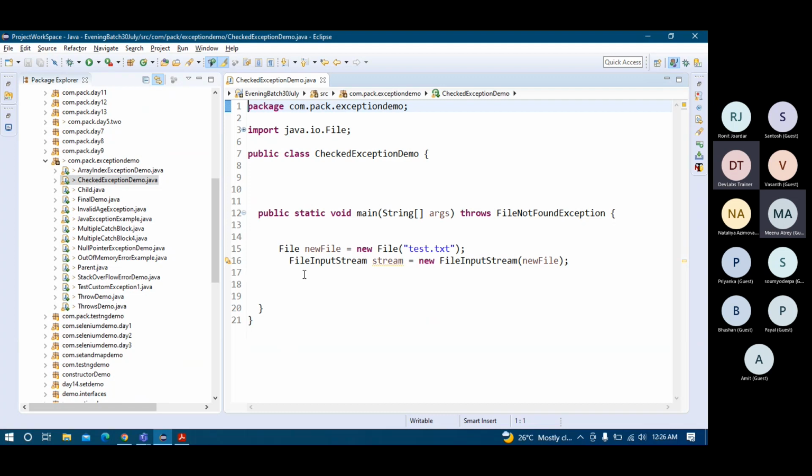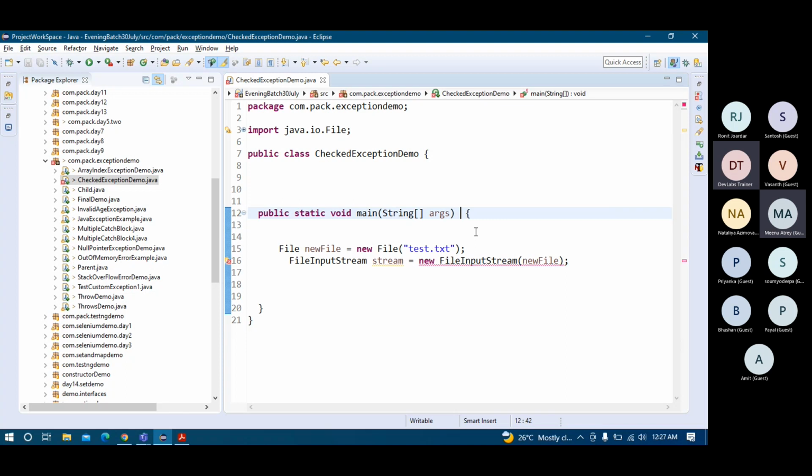Checked exceptions. So what is the checked exceptions concept? You don't know about the throws keyword, right? So basically there are two ways of handling exceptions in Java. One is via try catch and one is via throws. So try catch we normally keep for checked and unchecked. It's up to you, that's how you want to handle it. But throws is something where you call the parent class of that exception, and then the exception will be tracked from